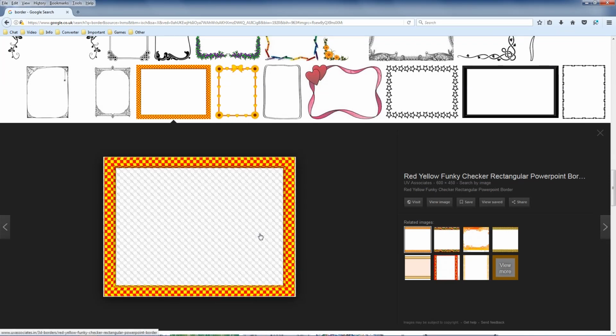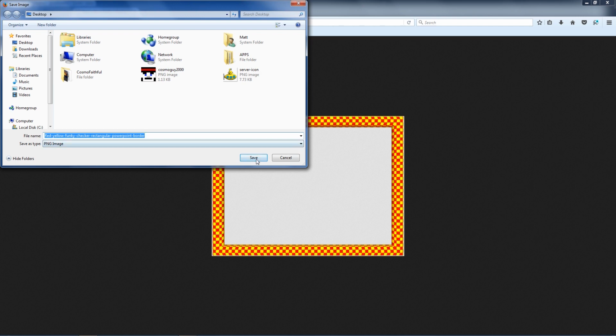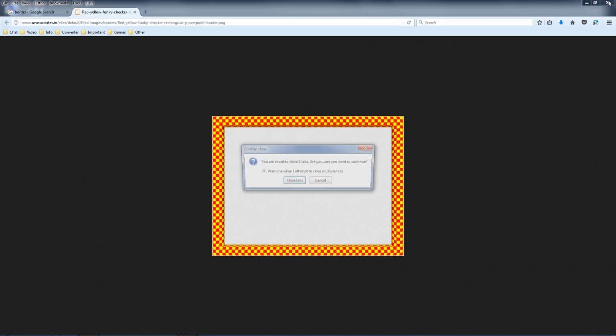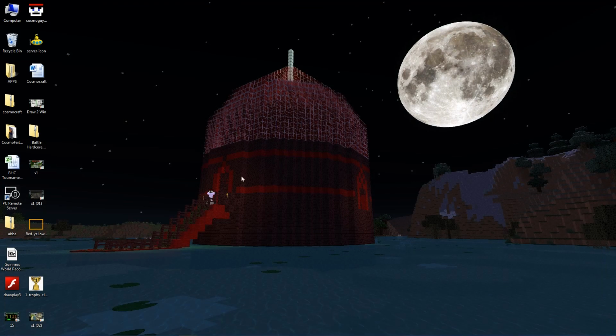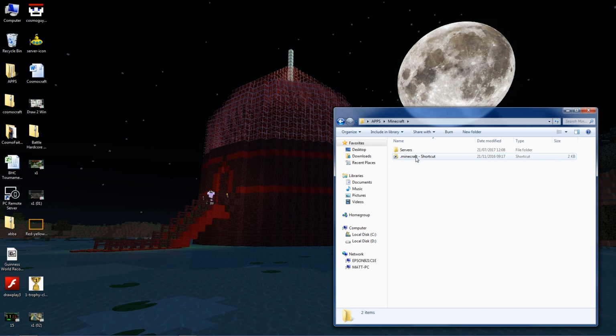Now, it doesn't have to be transparent in the middle, it does not matter. But this one looks really snazzy, so I'm making this as quick as I can so you guys can see what's up. So we're going to save that. It doesn't matter what format you save it as, but it will probably depend on your editing software. Now I use Pinnacle Studio